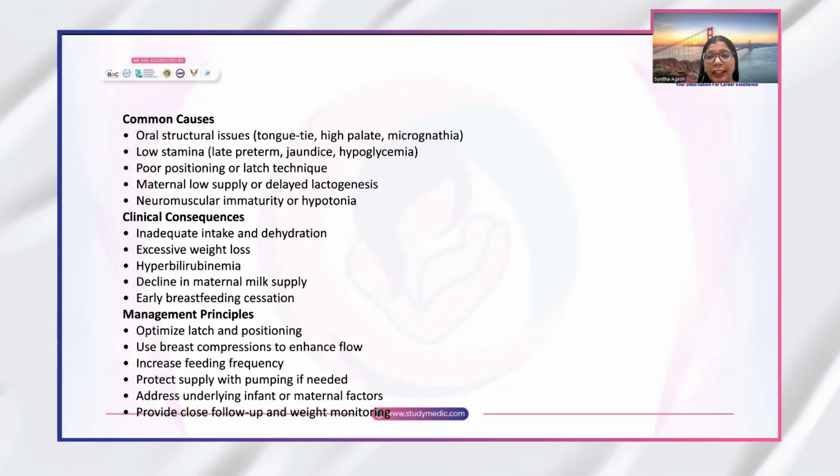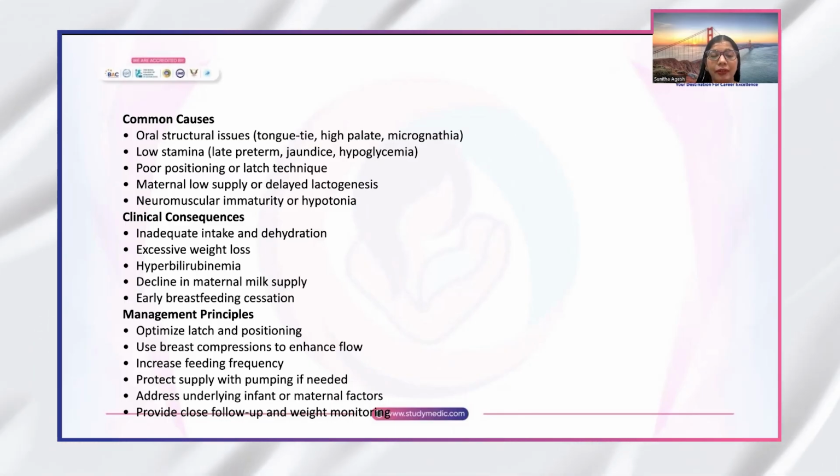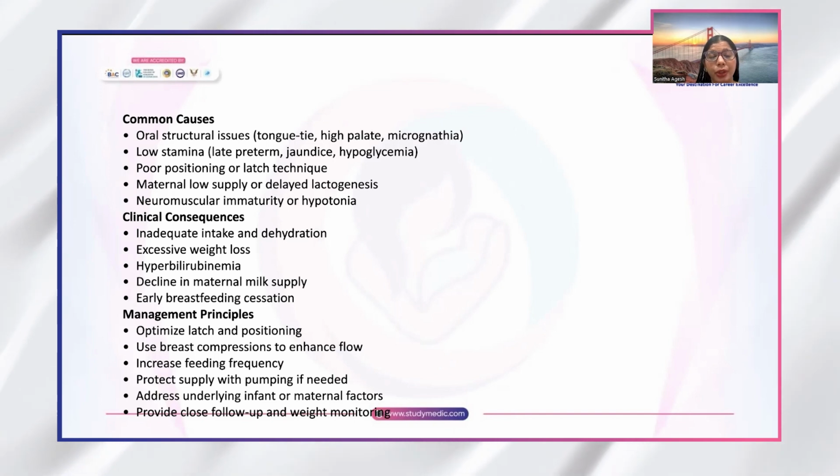So how can we do this? Follow whether the baby got adequate milk or not. We can educate the mother on how many stools have to be passed on day two and day three, and how many urines have to be passed. Then, when we are checking the weight daily, we can know whether the baby has increased weight or is still losing weight. Based on this, we can assess the milk transfer.